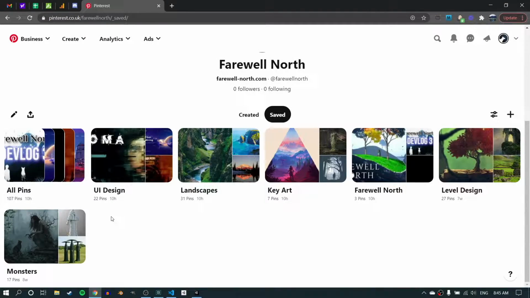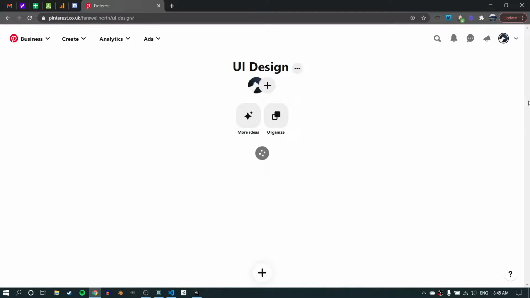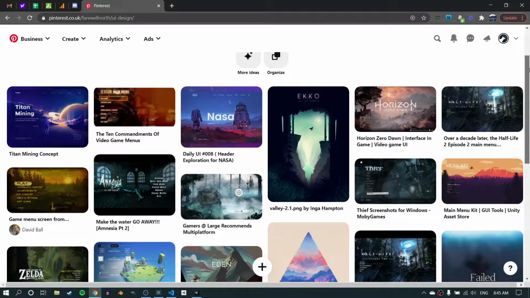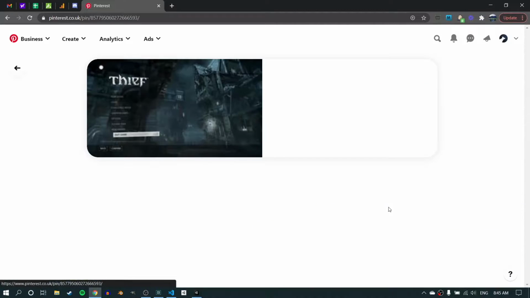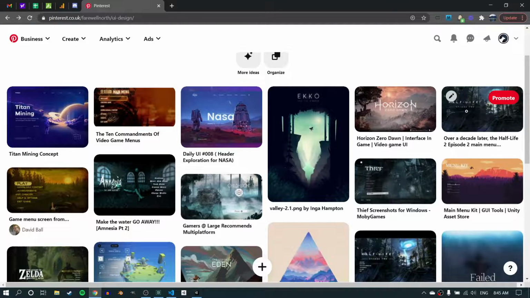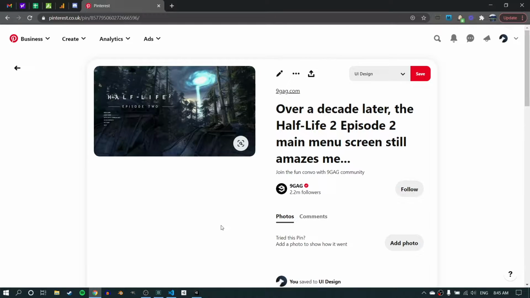So for me, any feature development starts with the inspiration phase. And a great tip that I picked up from the 1000 Ant YouTube channel was to use Pinterest for this. So what I've done is I've created a UI design board. It's really a main menu board. And whenever I have a couple of minutes, knowing that I'm going to be developing this feature at some point in the future, I'd just go on here, look up main menus, and idly add ones that I liked to this board. And now that I've done that, I've got 30 or so menus on this board that I can look at,